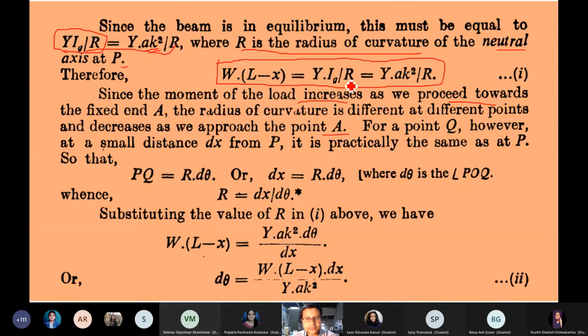So can you people just substitute this r with this dx by d theta in our earlier equation number 1. In earlier equation 1 we need to substitute this r, which has the value of dx by d theta, and we just put it over there and solve further. So wl minus x becomes y a k square d theta by dx, and d theta you just express as wl minus x dx divided by y into